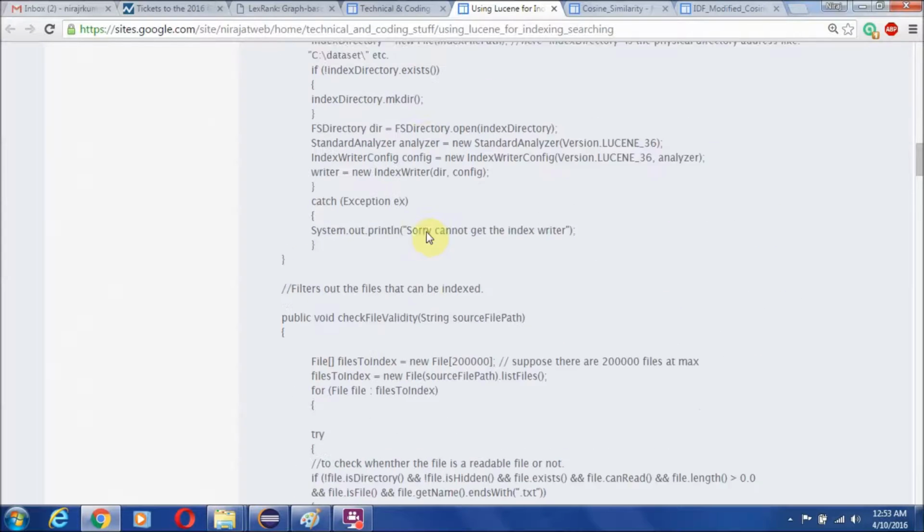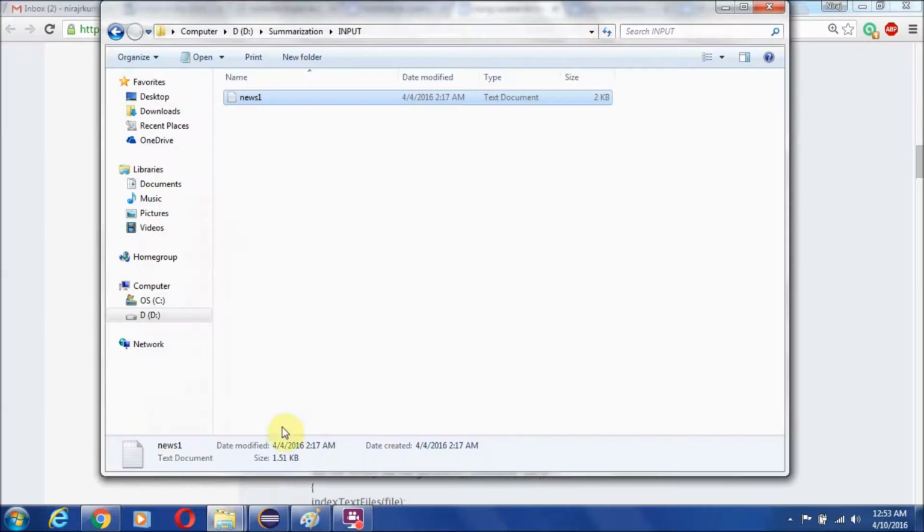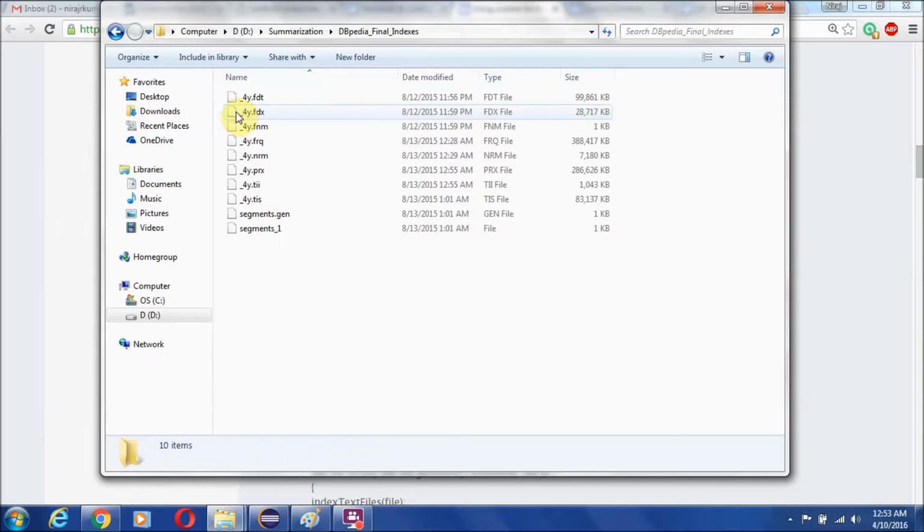This is the source code that you can download to calculate the indexing, and after running the source code you will find the dbpedia indexes folder like this.